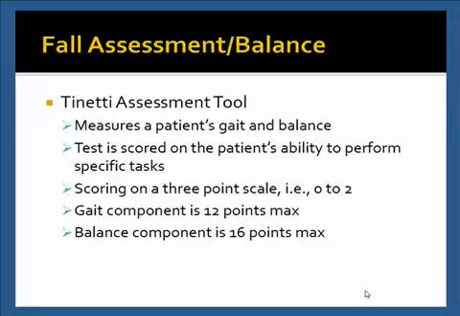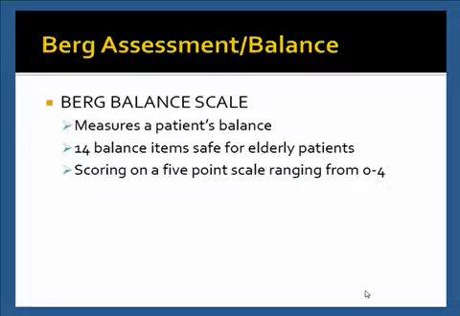Next is the Berg balance scale. It measures a patient's balance. There are 14 balance items safe for the elderly patients. Scoring is on a 5-point scale ranging from 0 to 4. Some of the tests that we use for the Berg: